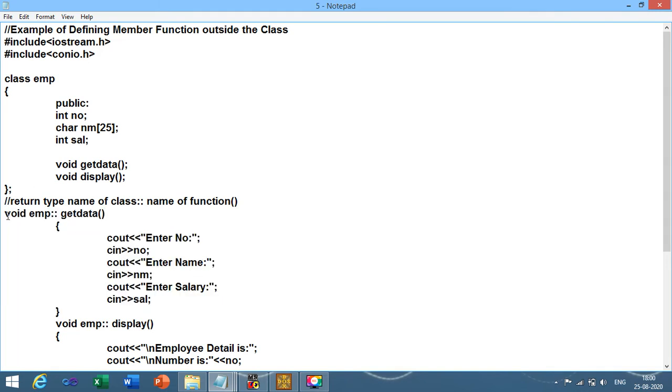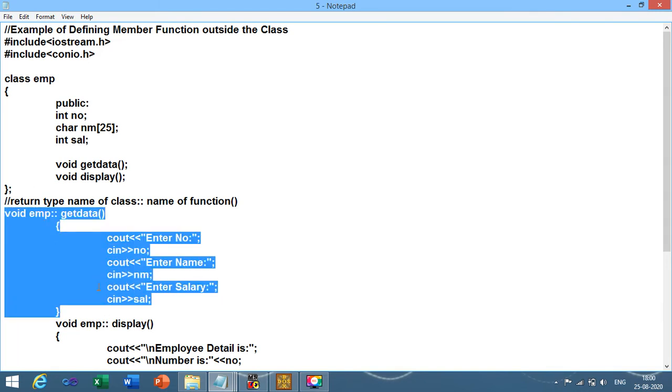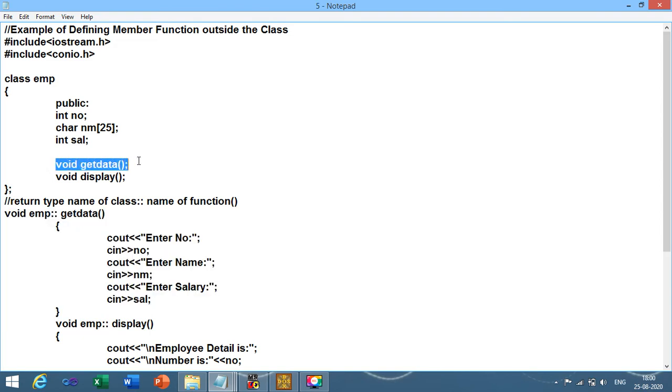When you develop the body of this function, at that time you must mention that get data is a part of employee class, or we can say get data is a child of employee class or property of employee class. These all are the words which you can use. See, get data, display, number, name, salary, these all are the properties of employee class.